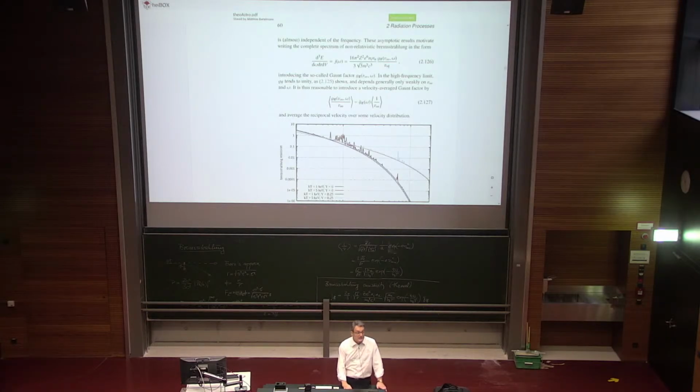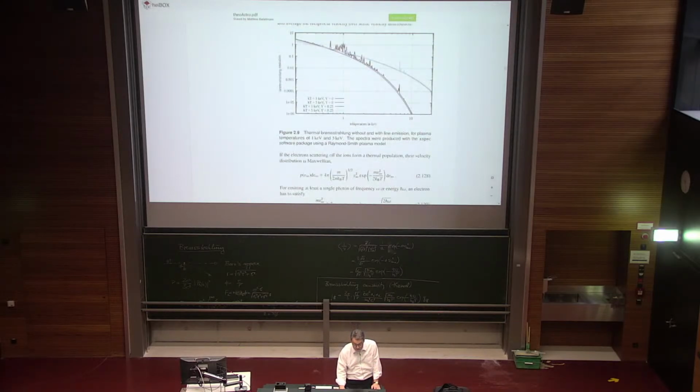So for example, you look at a galaxy cluster, or somebody gives you a galaxy cluster for Christmas or whatever, and you want to know how hot this galaxy cluster is. You take an X-ray spectrum. We are in the soft X-ray regime here. Why does a galaxy cluster have that temperature? This temperature must correspond to the depth of the gravitational potential, due to the virial theorem. Since the galaxy cluster has a certain depth of the potential well, the plasma must have a temperature in the keV range.